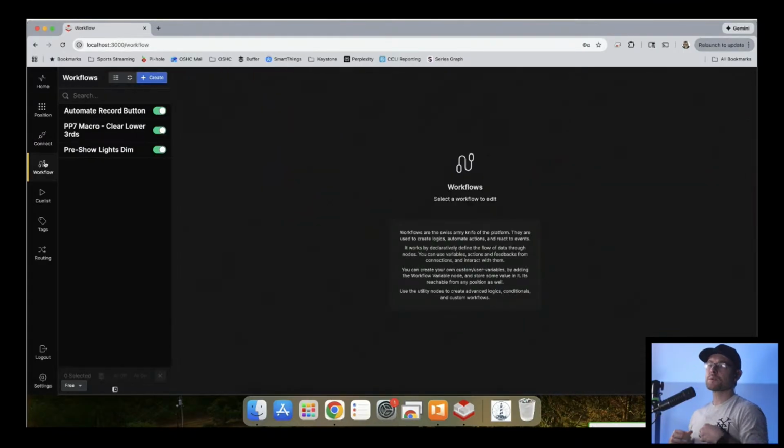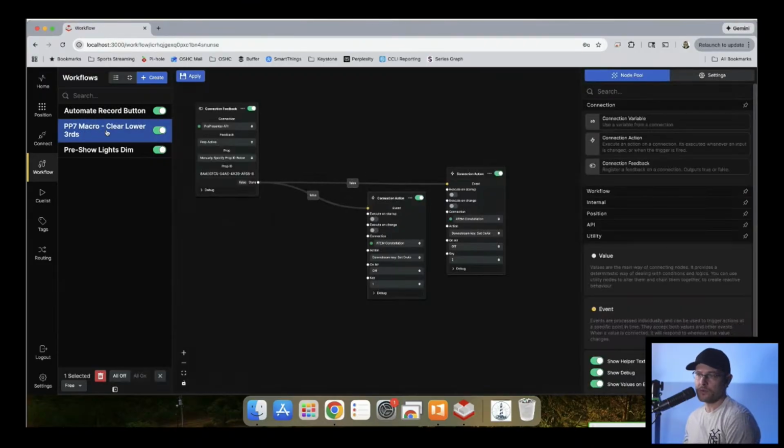Okay, so the next thing that we're going to do is set up our new workflow. I'm just going to show you how this one works for me, because it took me a while to figure this out. You label it whatever you want. In my instance, it's ProPresenter 7 macro running clear lower thirds. Now, it's actually not a macro. This should be renamed